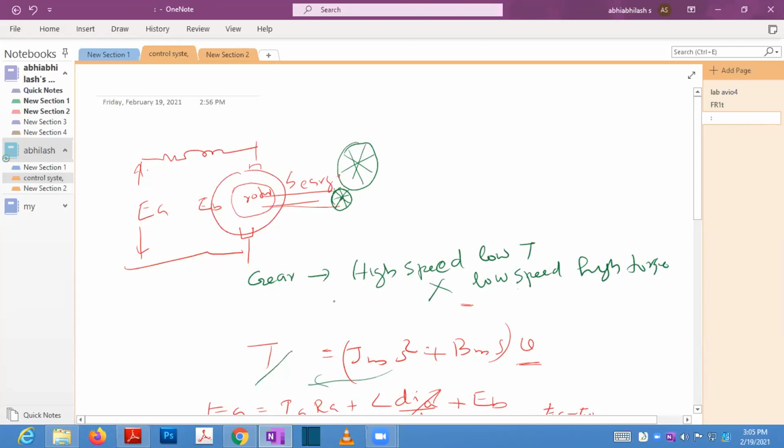So a gear is just like a transformer. It is changing high speed to low speed by adjusting the high torque and low torque. In this relation, the power remains constant. Suppose this gear has theta m as the theta, and theta is inversely proportional to the number of teeth. Here the number of teeth on the load side is NL and on the motor side it is Nm, and this is termed as theta L.